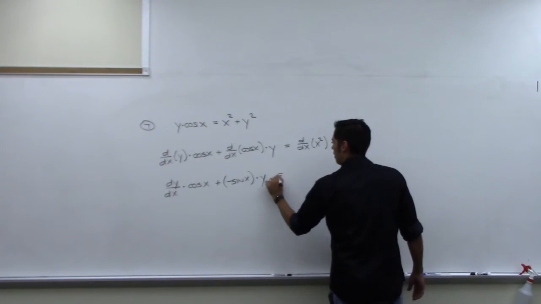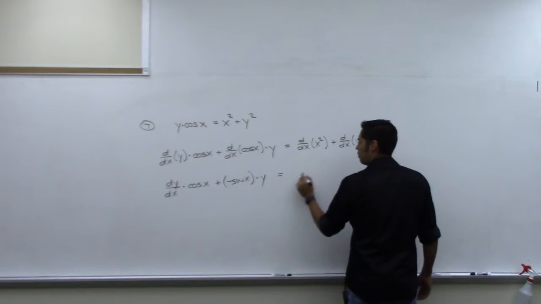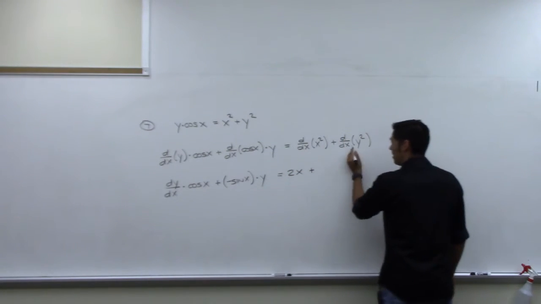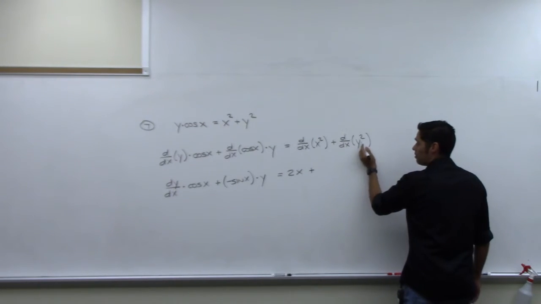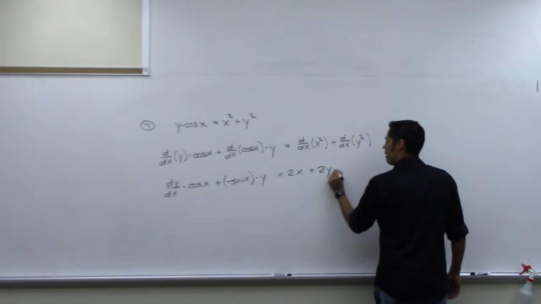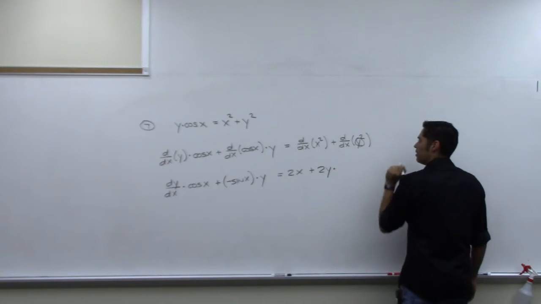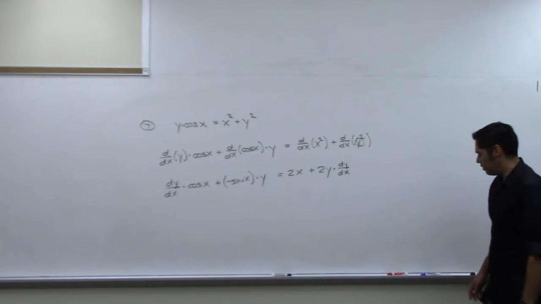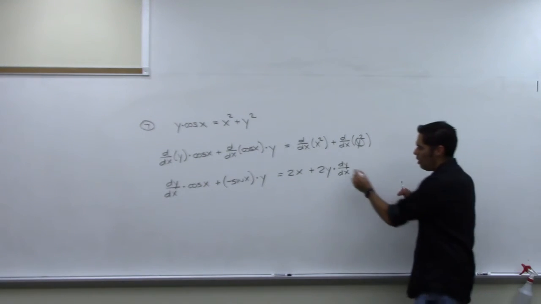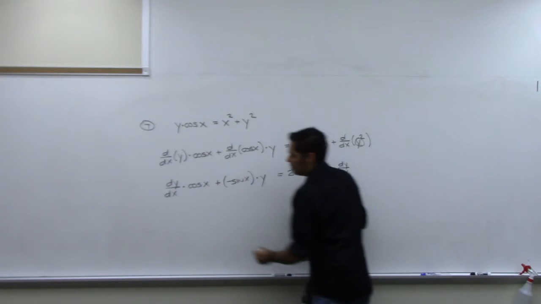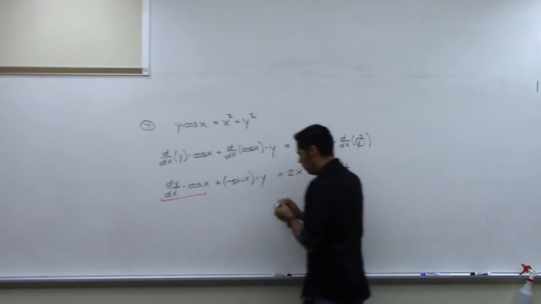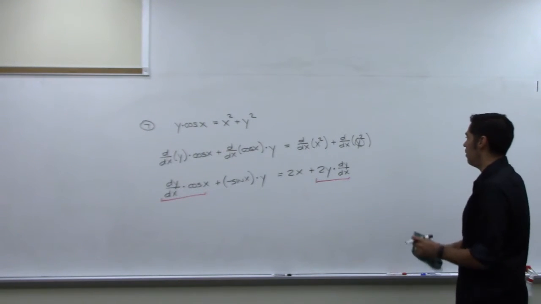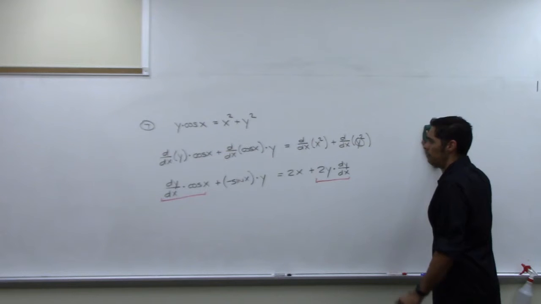And then on the right side, standard derivative, because I have x's in both places, so this is just going to be 2x. And then plus, this is not a standard derivative because you have x here and y here, so power rule first, 2y, but then times the chain rule, which is the derivative of what's in there, which is dy dx. And so now you can see that I have a dy dx in this term, I have a dy dx in this term, and I need both of those on the same side of the equation and everything else on the other side. So what I'll do is